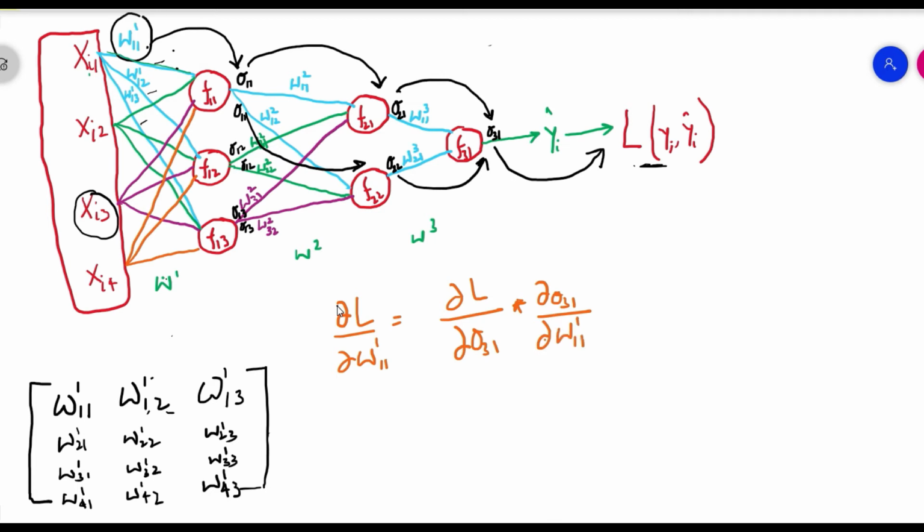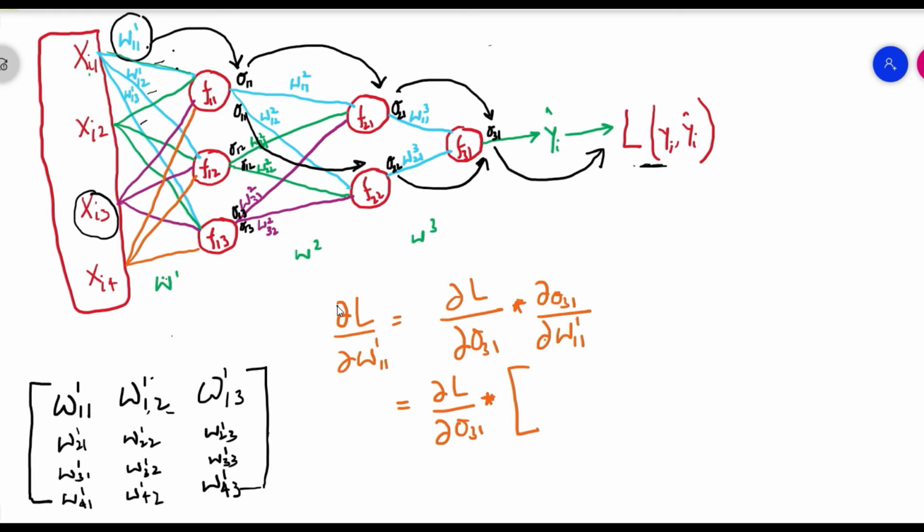This can be further broken down into ∂L, the rate of change of L with respect to output O31, multiplied by the change in O31, which is being impacted by O21 and O22, and O21 and O22 are in themselves